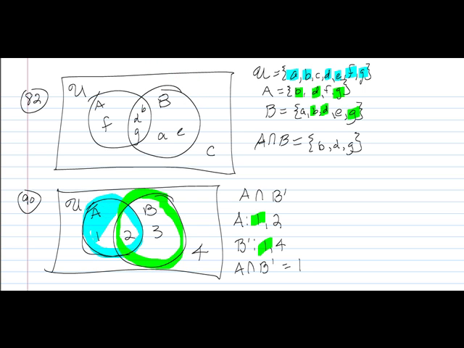And I'm just going to shade it here with the light blue. And let me erase the other light blue I have on here. Erased everything. Okay, so our answer is the region shaded in the light blue. So that's A intersect the complement of B. Okay, now let's take a look